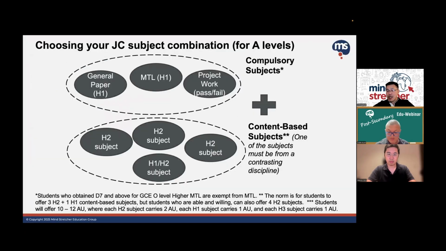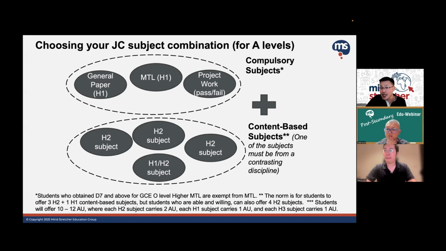Okay. So as mentioned, we were talking about the subject combinations and what has changed. I think we have talked quite at length about the difference between the IB and the A-level track. The thing to note, as I was saying just now, for A levels, one of the key changes is that right now you have these subjects that you take. In case you're wondering, H1, H2, H3 is really in terms of that difficulty level. So what's the difference between a H1 and a H2, even in terms of the coverage as well? Just take for example one subject, economics. In short, for the H1 part, there are certain topics that they don't cover at all compared to the H2 syllabus. So number one, the syllabus is reduced.